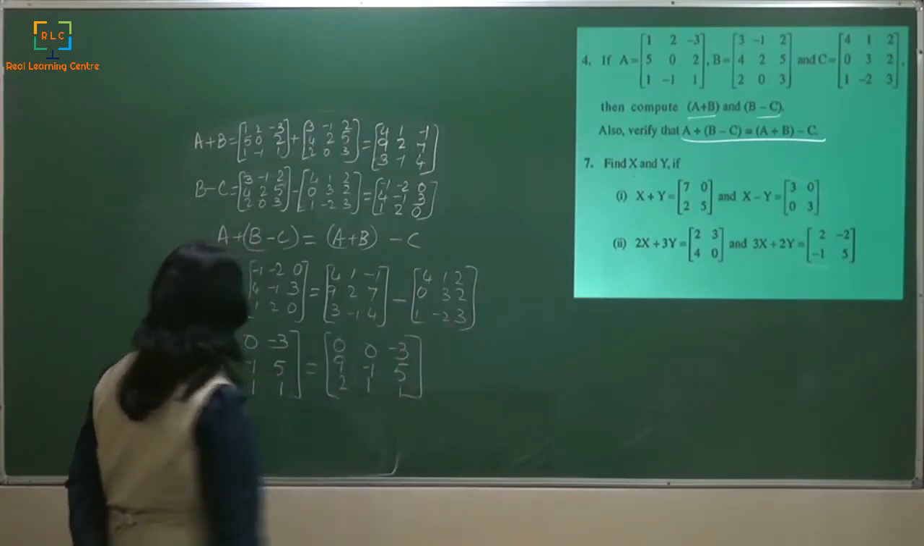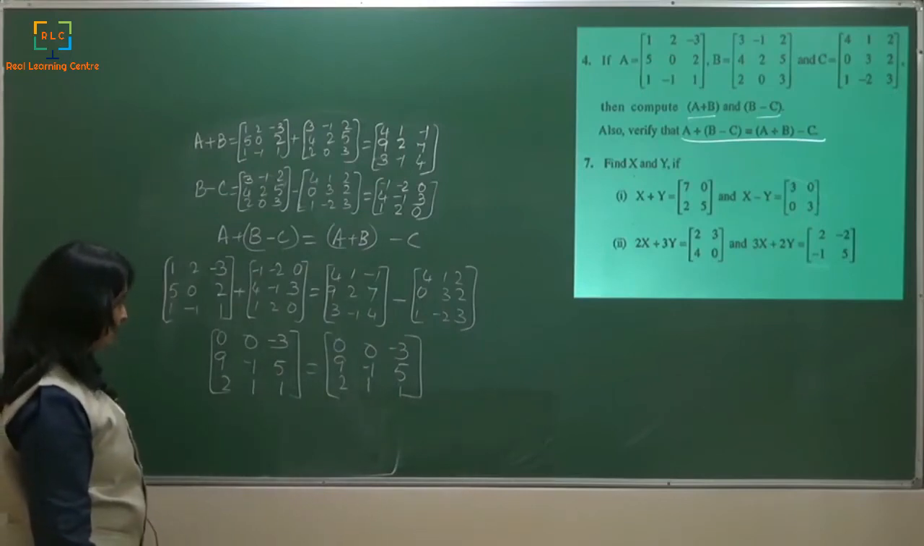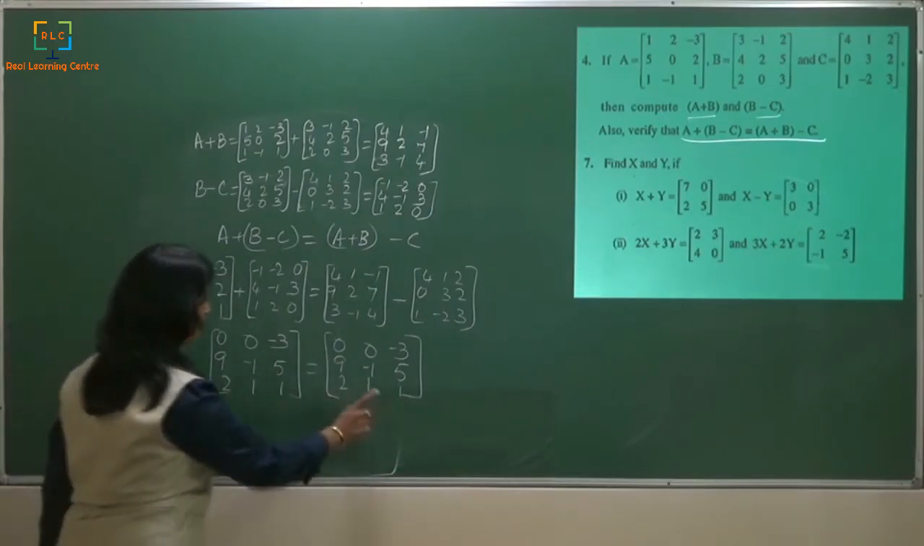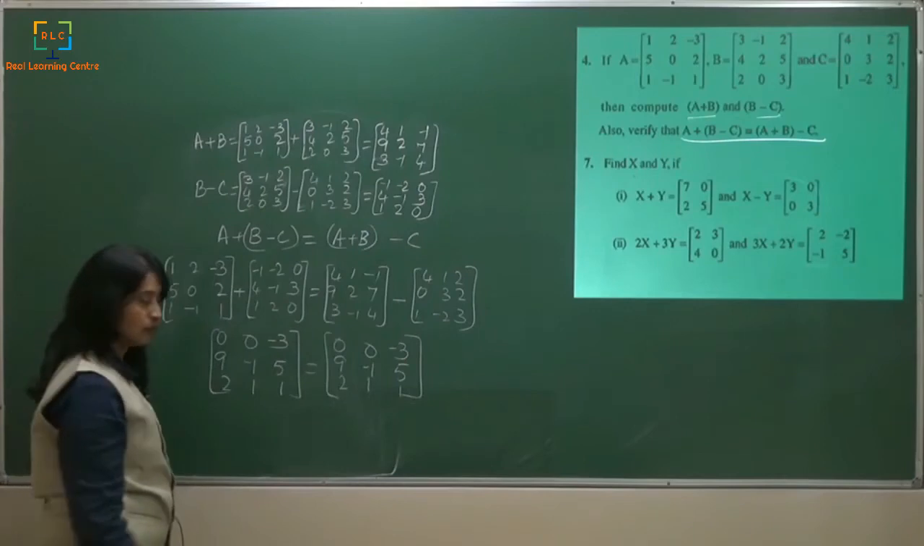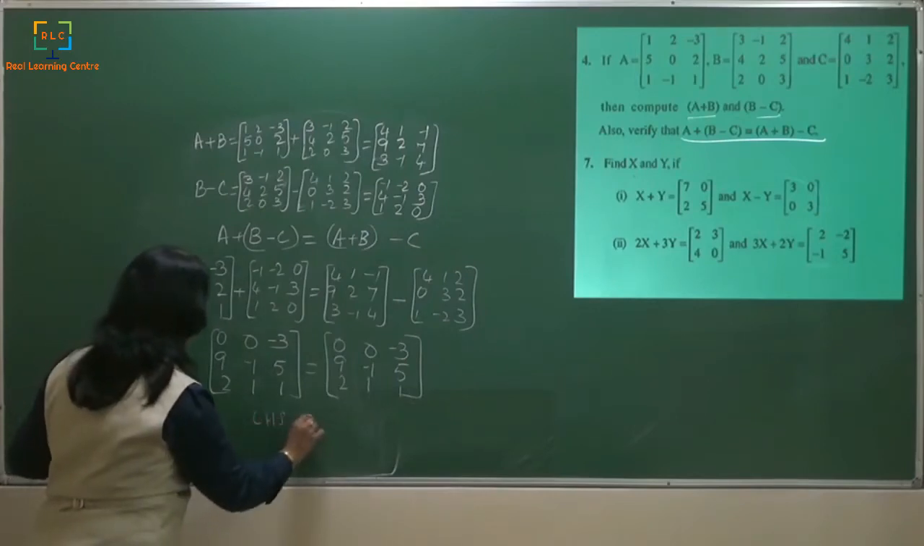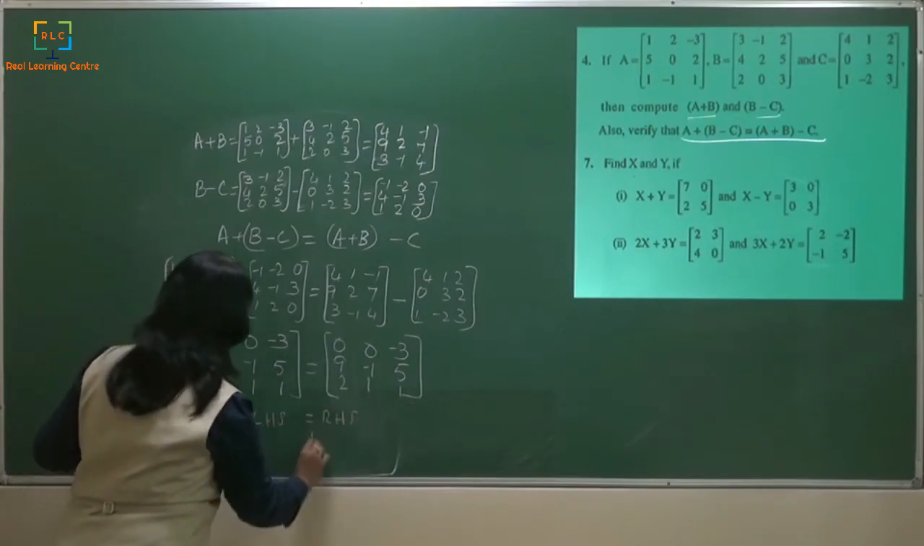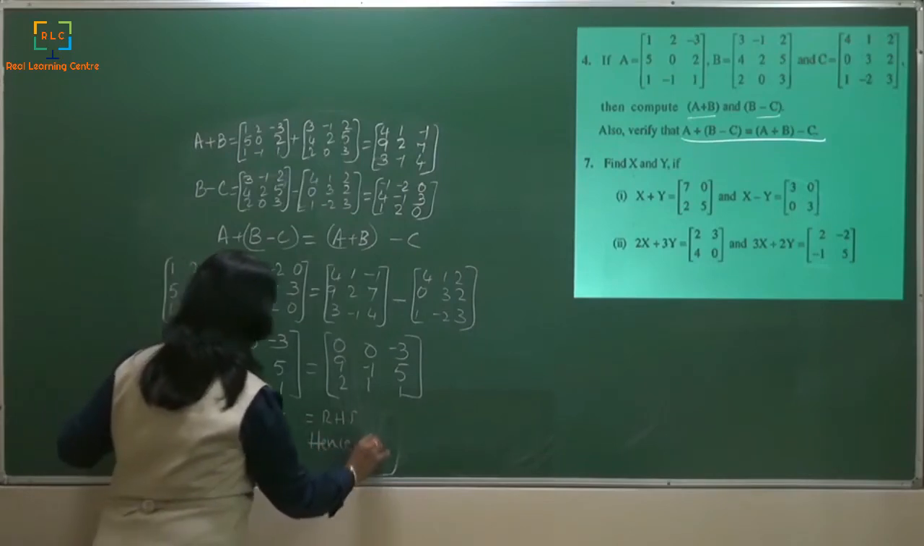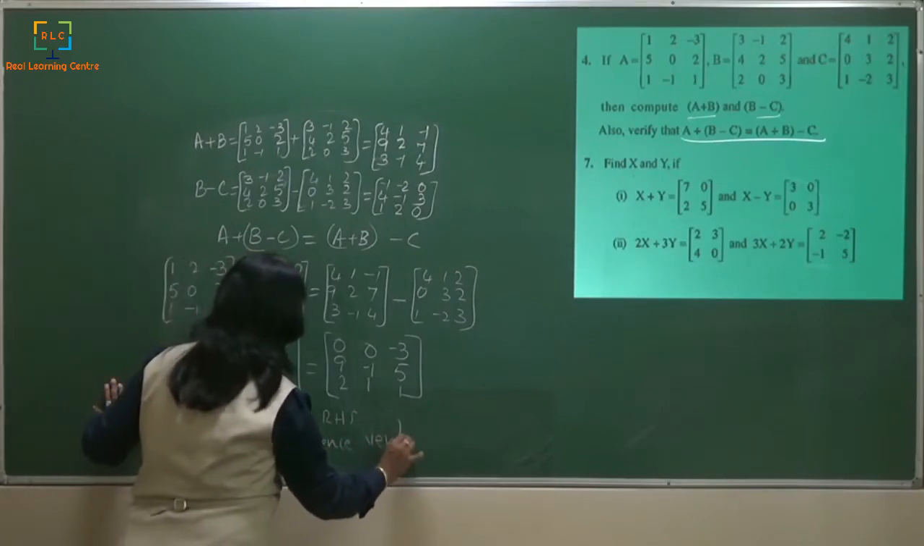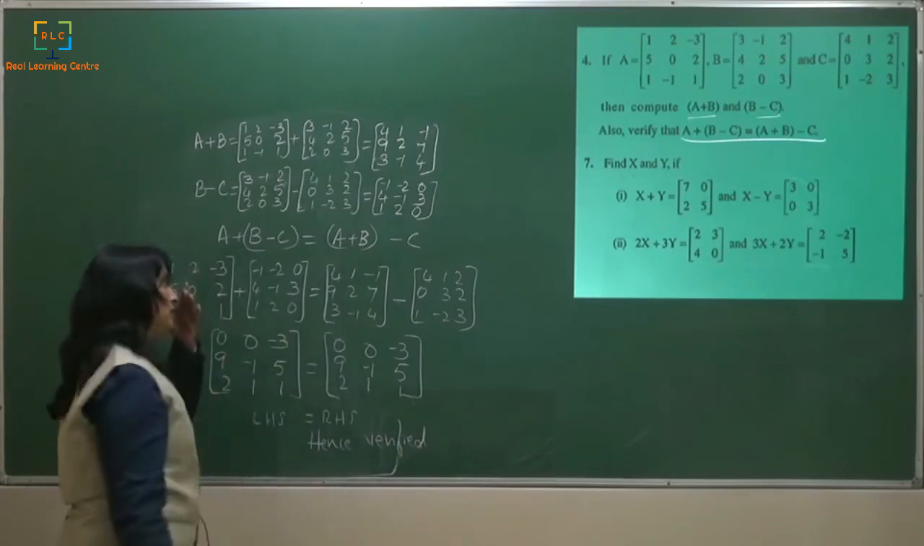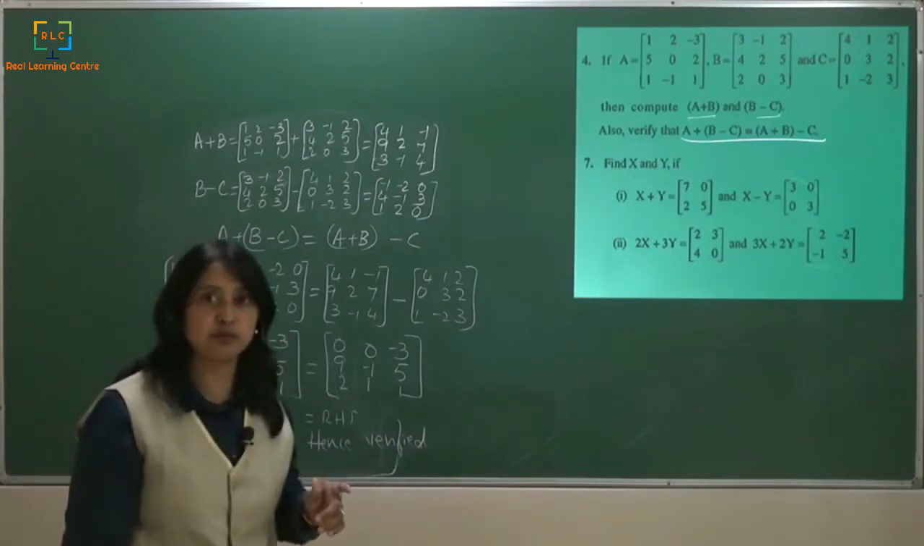Have you got the same thing? Let's compare: 0, 0, minus 3, 9, minus 1, 5, 2, 1, 1 and 2, 1, 1. Okay, we have got LHS is equal to RHS. So we say LHS is equal to RHS, hence verified. And of course, I tell you that these kind of questions will compulsorily come for the PU board,